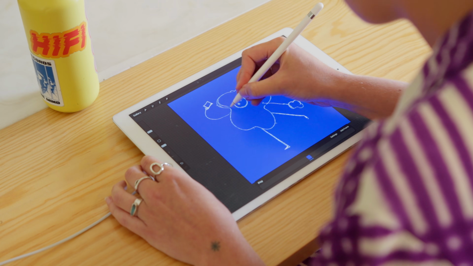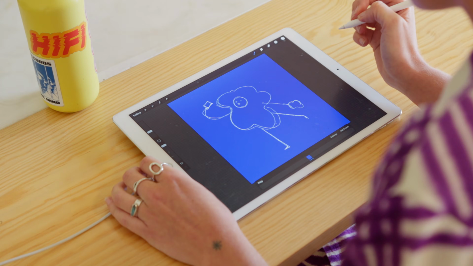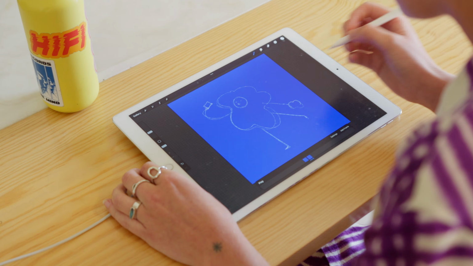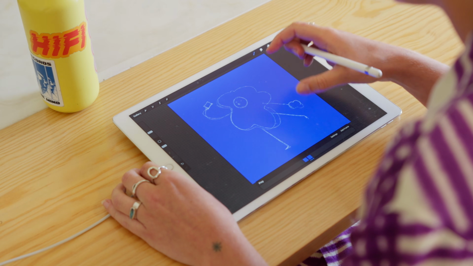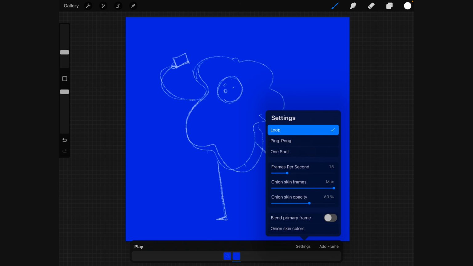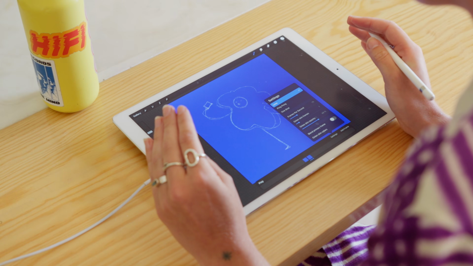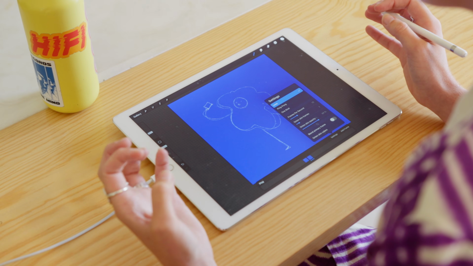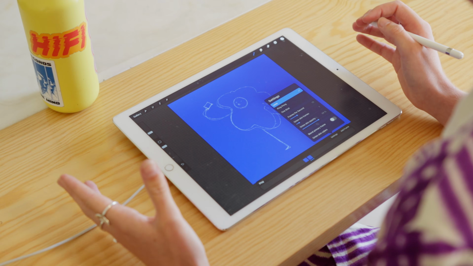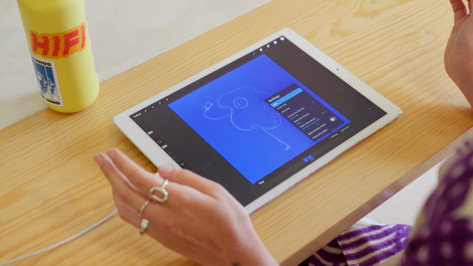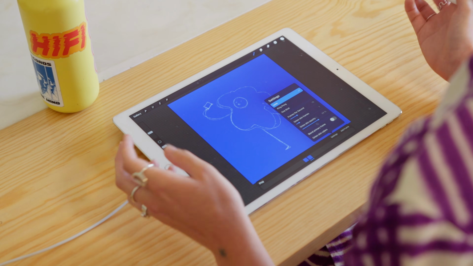We've got our nice little character, we've got a body starting to appear. Let's go and add a new frame down the bottom here and have our character bending down as the next main pose. And you can see that under settings, I've got onion skins on. Might turn this down just to 1, so you can see only the onion skin frames on either side of the current drawing. So the onion skin is basically like a shadow of the animation, so you can see where you've gone in the animation and what's still coming up and where you need to go, so you can see a complete picture of the animation as you're making it instead of drawing blind.